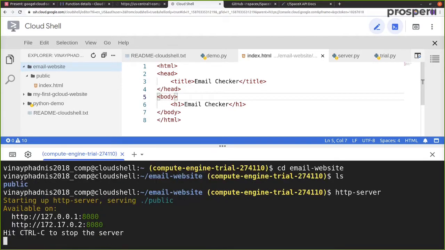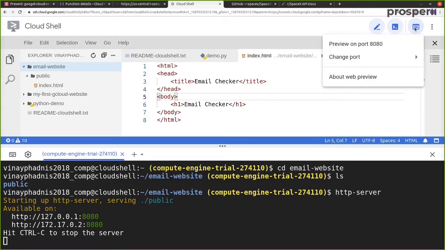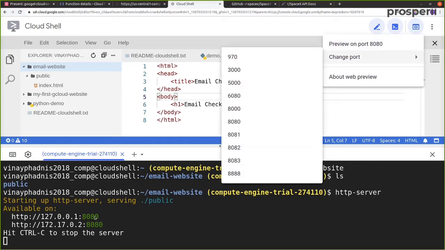Okay, so with this we have set up a new HTTP server, and over here as you can see these numbers written in green basically indicate the port on which this particular website is running. So over here we can click on the web preview button, and over here you can click on preview on port 8080, which is exactly the number which is seen over here, or you can click on change port and put in a corresponding port over here.